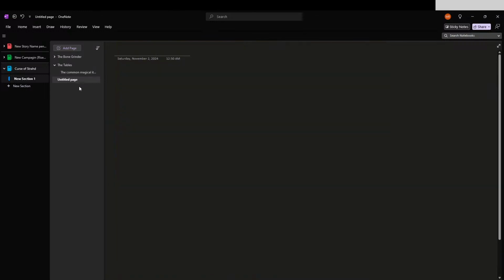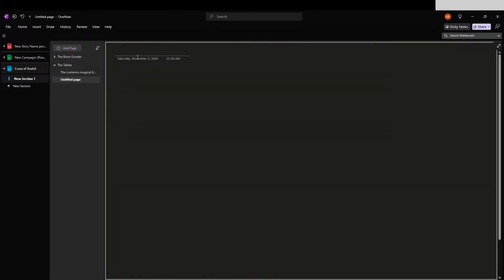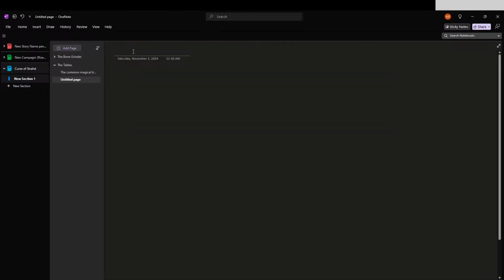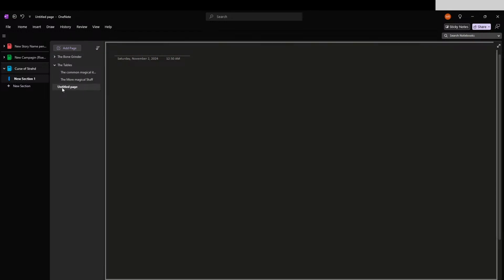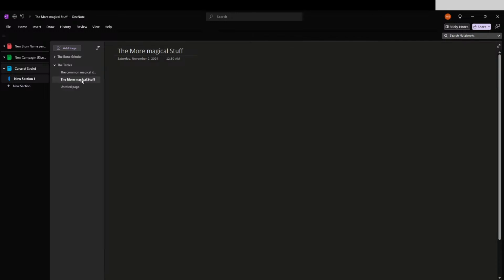Let's make this one a subpage. So let's do the more magical stuff, and then we'll do weapons as its own separate thing. What do you think? Yeah, that's fine. I'm thinking more along the lines of